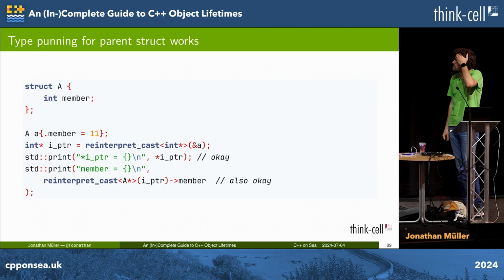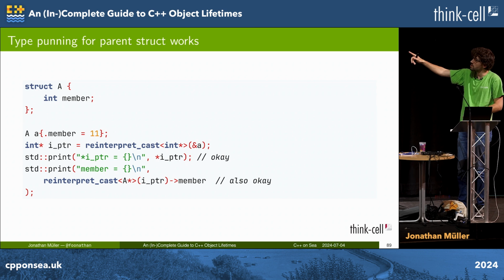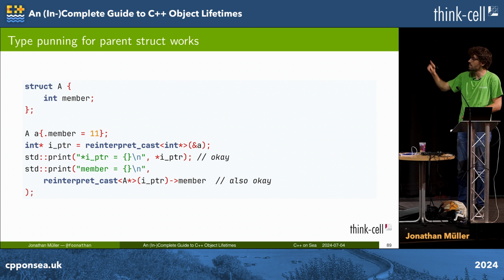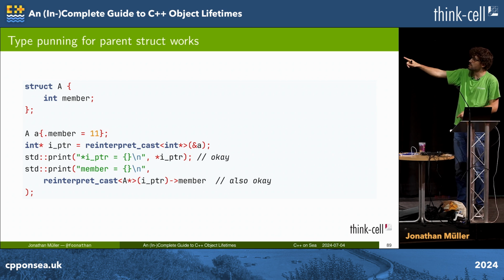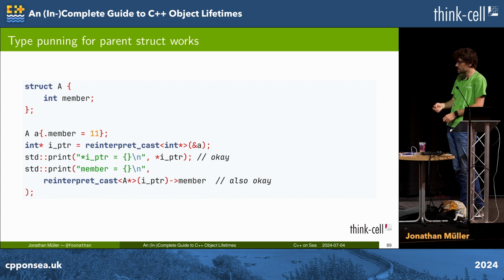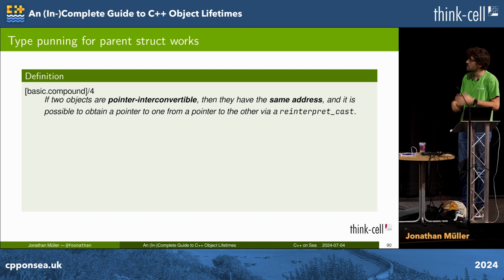And then we have this weird thing. We have a struct that has an int as a first member. And we take a pointer to the struct and we reinterpret_cast it to an int pointer. And this is okay. This just gives you the value of the first member. And similarly, we can use the pointer to the first member and get back to the struct. And that is because of an exception in the standard about pointer-interconvertible objects. If two objects are pointer-interconvertible, they have the same address and also the same provenance,